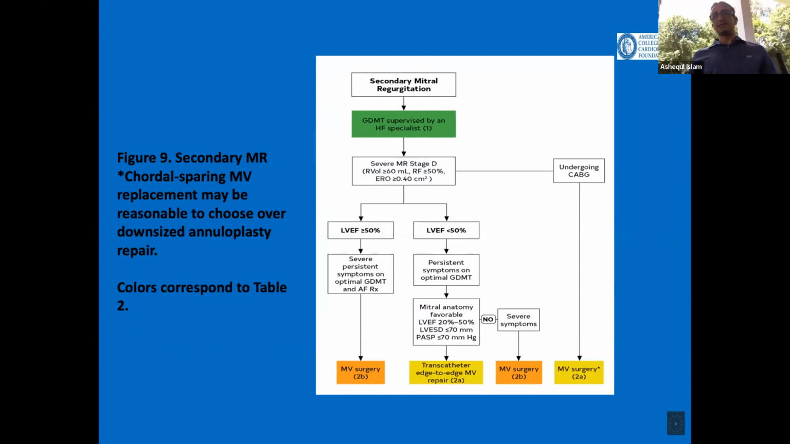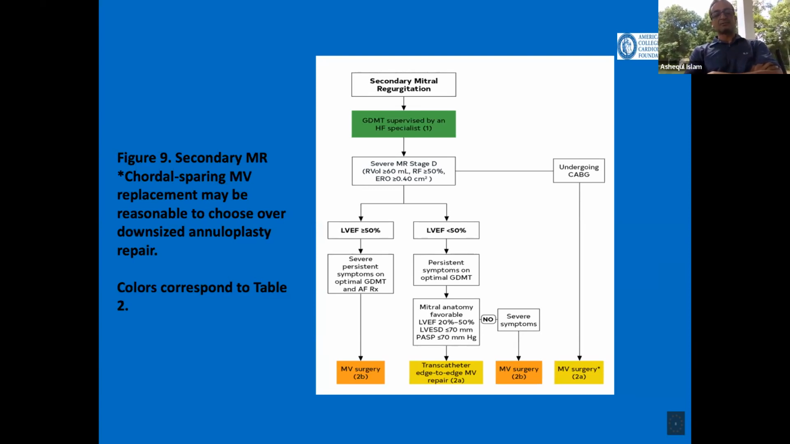if they are still symptomatic and have more than moderate MR, this is the subset of patients we are treating with MitraClip. They need to have favorable anatomy, LV dysfunction, end-systolic dimension of 7 or less, and pulmonary artery systolic pressure of 70 millimeters of mercury or less. Why is that? This